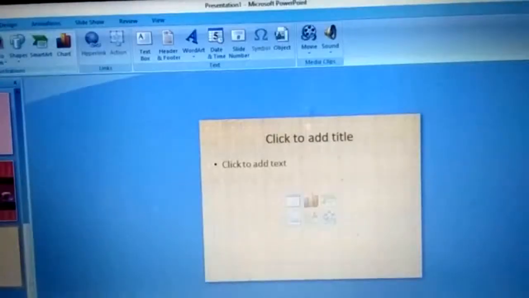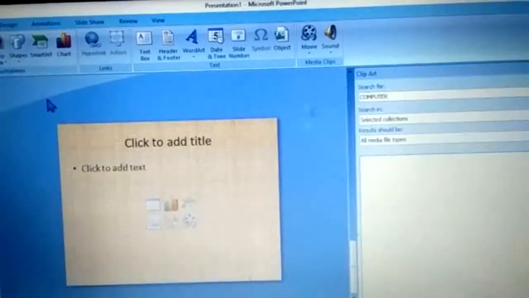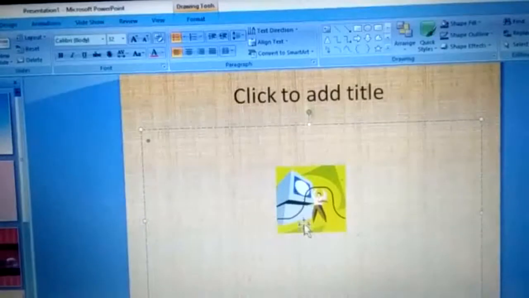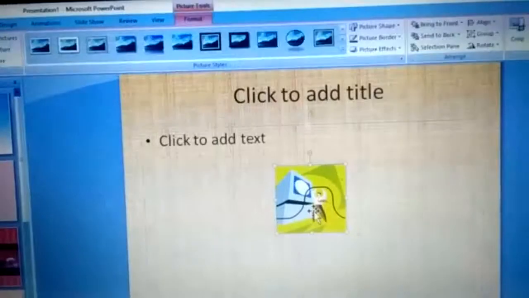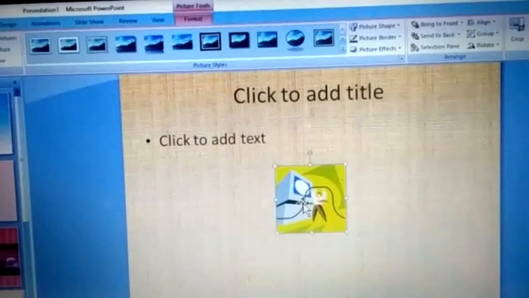Now see, children, if this is my slide and I insert any clip art in this and I want to move it, let's see how we should do that. So this is a clip art that I have inserted. The first step was to click on that object. When I click on this object, see, there are resizing handles on the edges and in the middle of it. I don't like it to be in the middle of the slide. I want it at the top right corner, like here I want to place it.